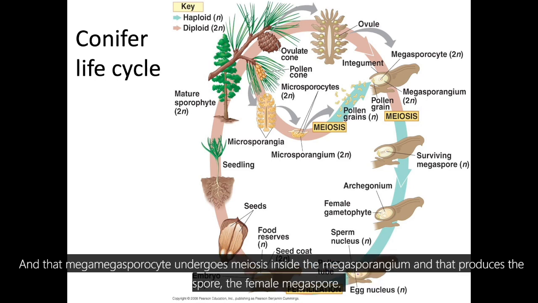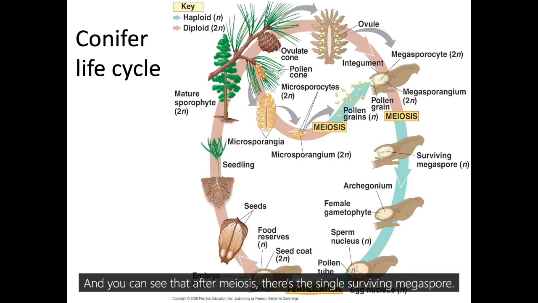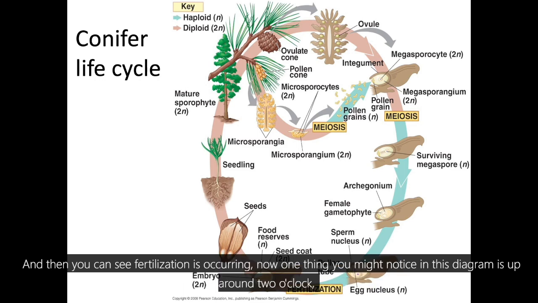And that megasporocyte undergoes meiosis inside the megasporangium, and that produces the spore, the female megaspore. And you can see that after meiosis, there's the single surviving megaspore. And in the archegonium, a female gametophyte is produced in the typical fashion, and then you can see fertilization is